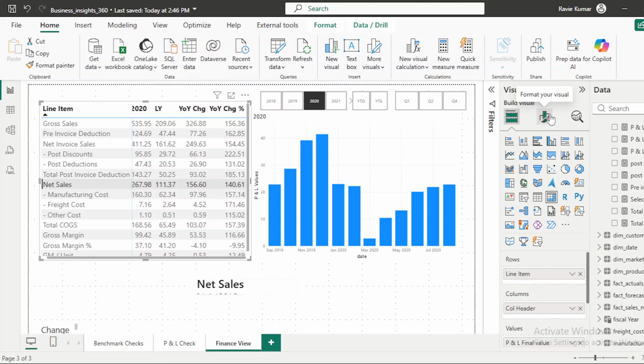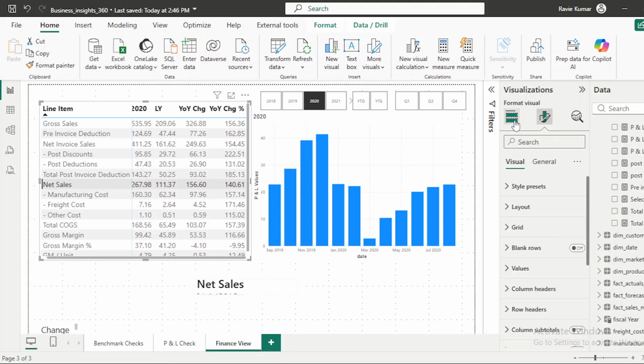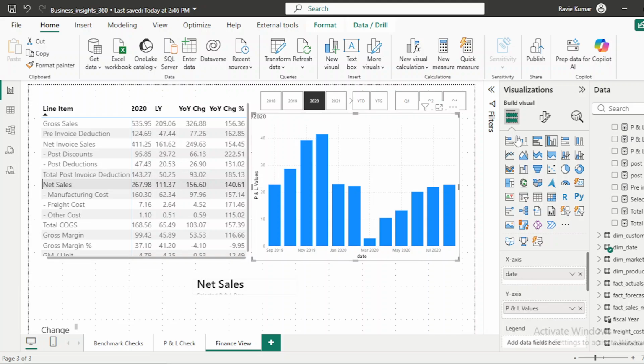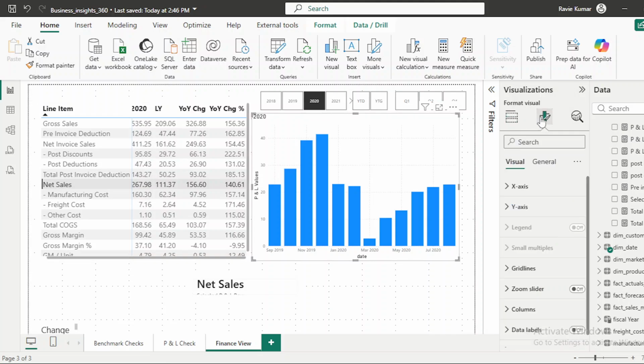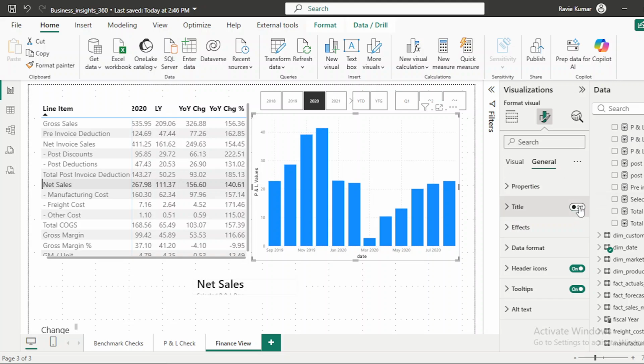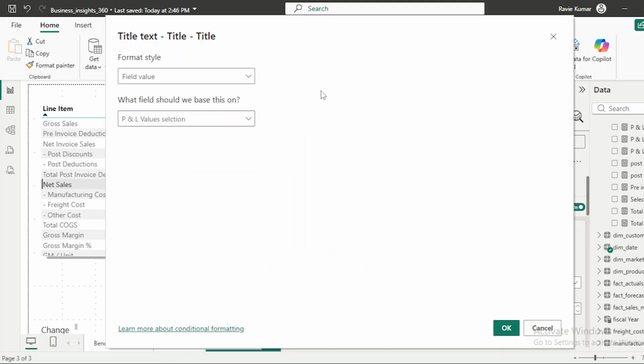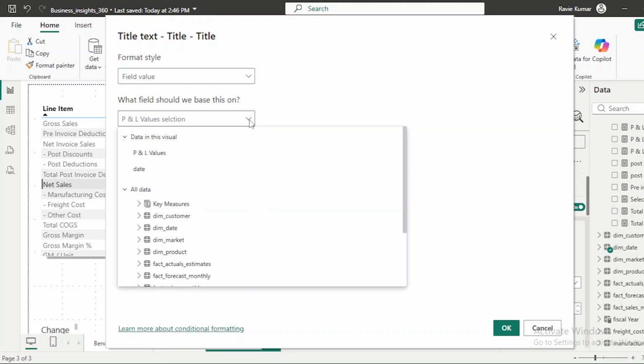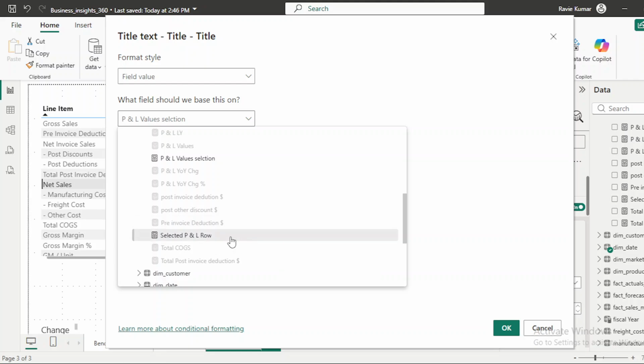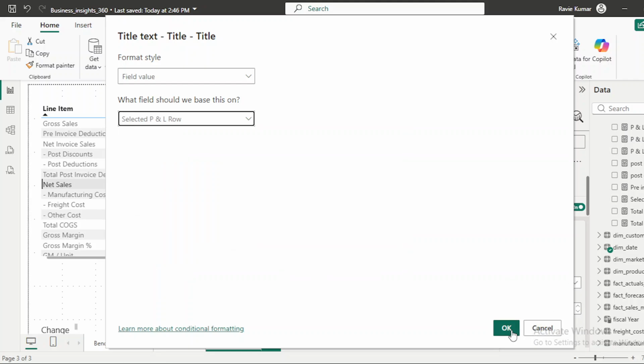Let me click on the general settings. First you have to click on this chart, go to the format visual and click on general settings. Here you find a title option; if I switch it off, it will go away. Here you have to click on fx, where you can customize your header. Then you have to click on key measure, where I have all my customized measures. My measure name is selected PNL row. So if I click it here,